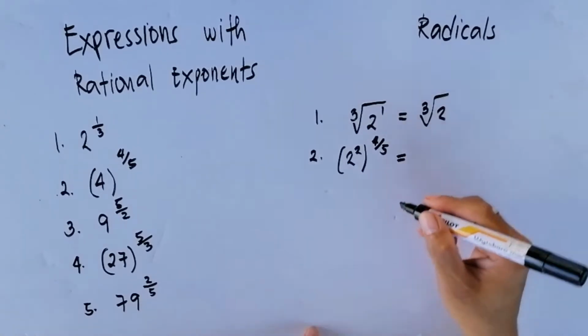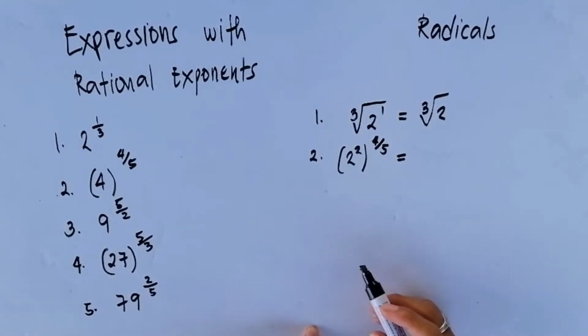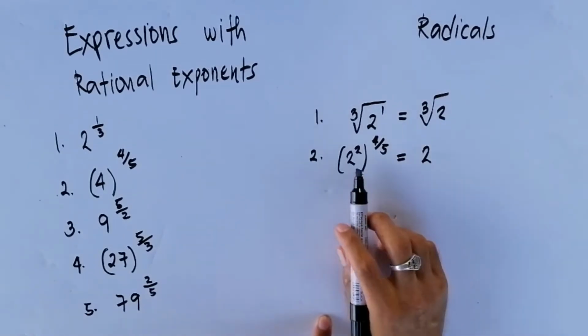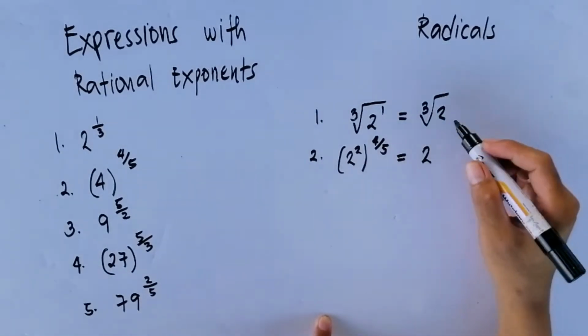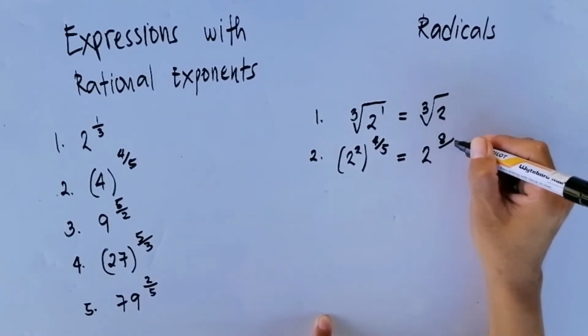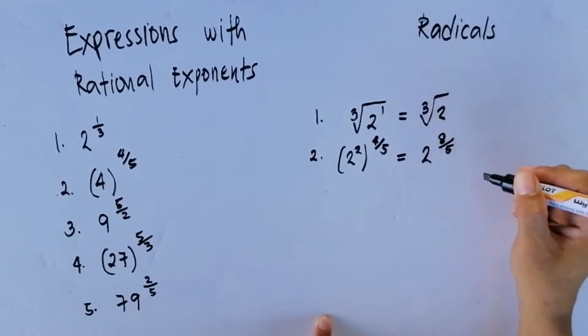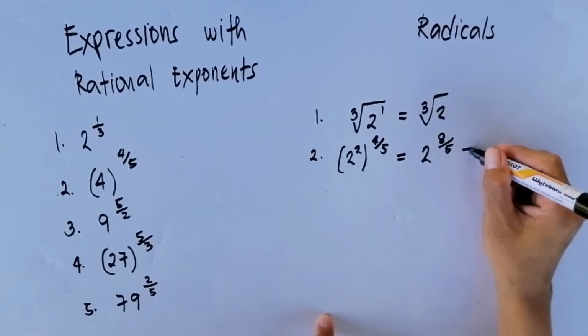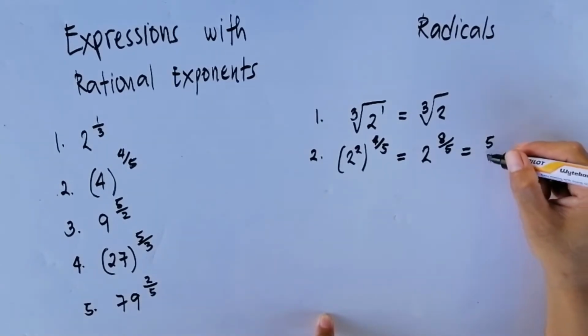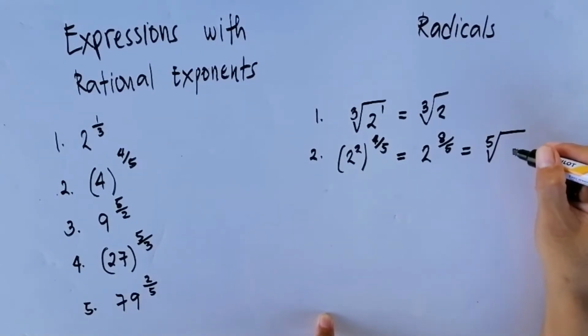So that is 2 raised to the power of, multiply the exponents, 2 times 4/5, that is 8/5. So change this to radical, so that is the 5th root of 2 raised to 8,